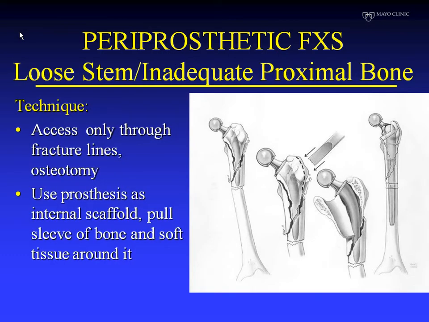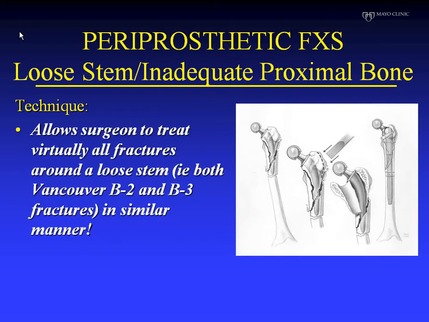Our technique has been to access the fracture and the implant really only through fracture lines or through osteotomy lines. In other words, avoid the temptation to disassemble the whole fracture, strip it of muscle, remove all the hematoma, and damage the healing response. Access only through fracture lines or osteotomy lines. And then eventually to use the prosthesis as an internal scaffold around which you pull the bone at the end and simply allow the bone to be reassembled around that sturdy implant, which is fixed in the femur below the